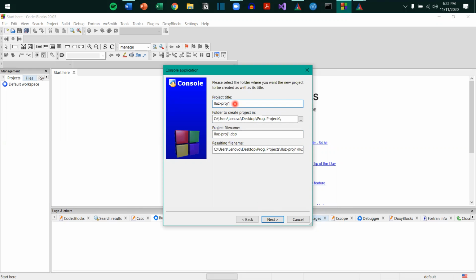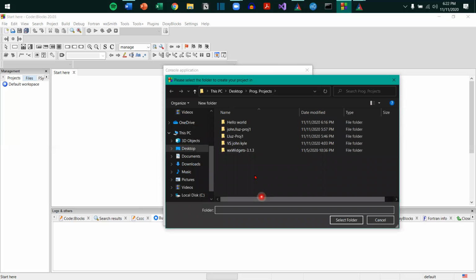Now if it's already in default, you will see this, it will autofill the project file name and the resulting file name, and the folder to create project. If it is blank on your side, please simply press this button and find where you will be locating your folder.